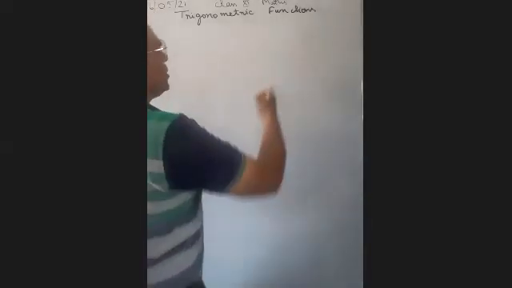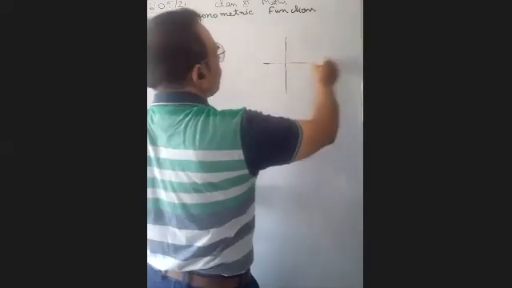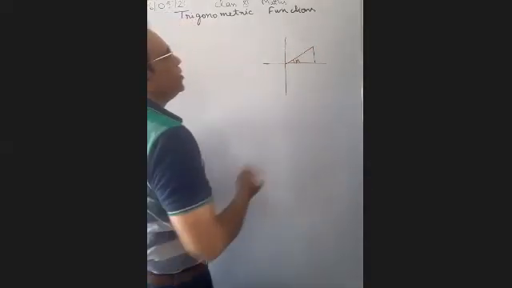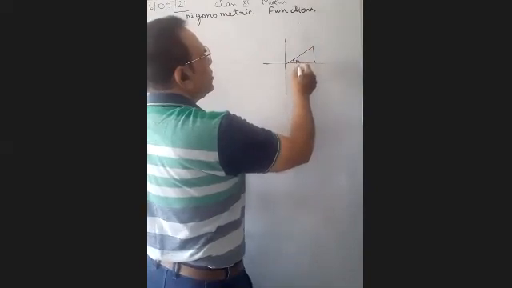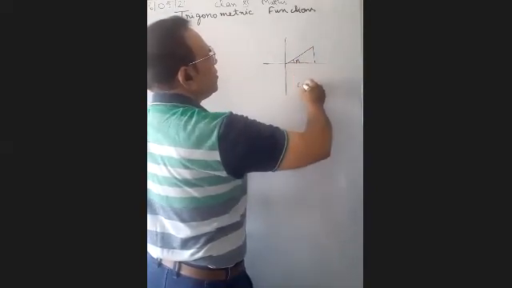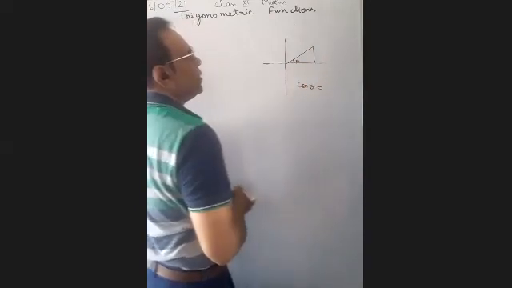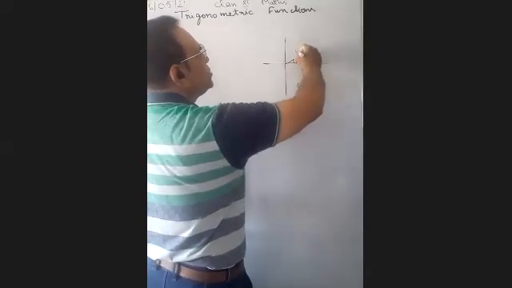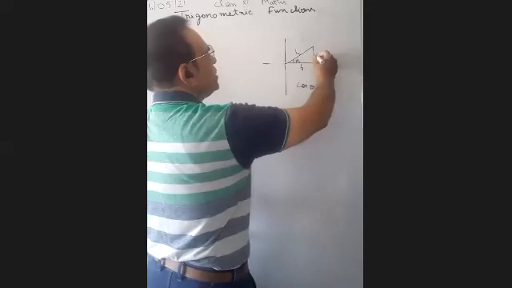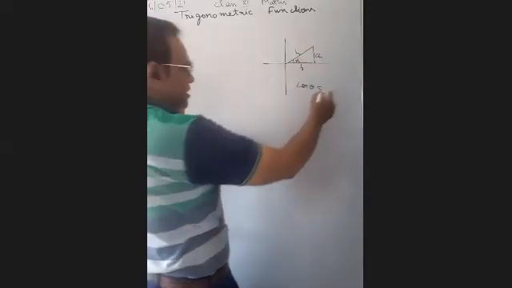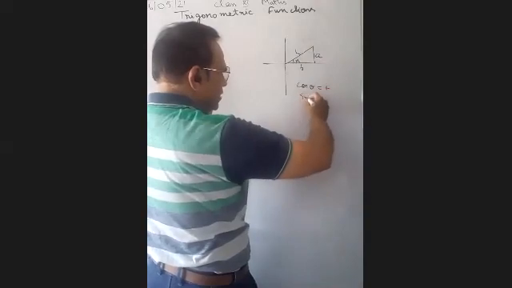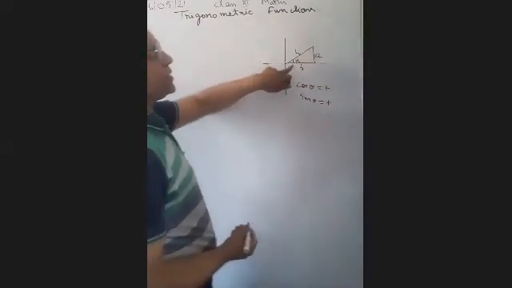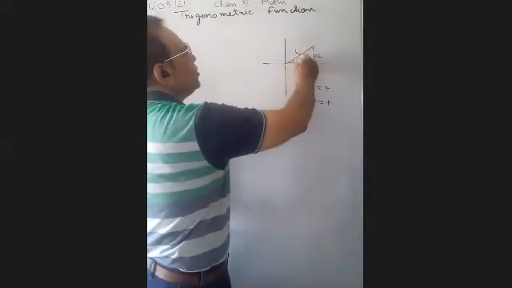Just see in the first quadrant, if we make the angle x, observe that cos theta depends on the base upon the hypotenuse. The base will be positive and the hypotenuse is also positive. Or suppose this one is a distance. So you will see that cos theta will be positive, sin theta will also be positive, and the other trigonometric functions will all be positive. If you take tan theta, it will be perpendicular upon base.